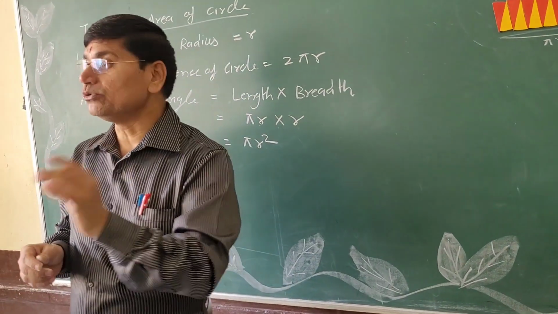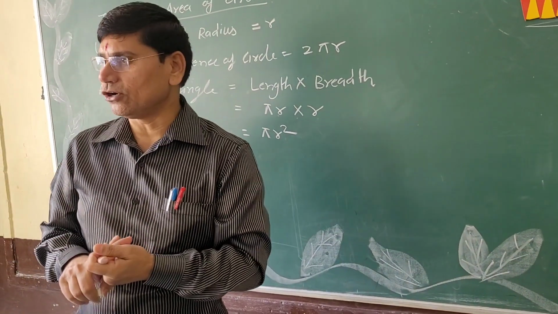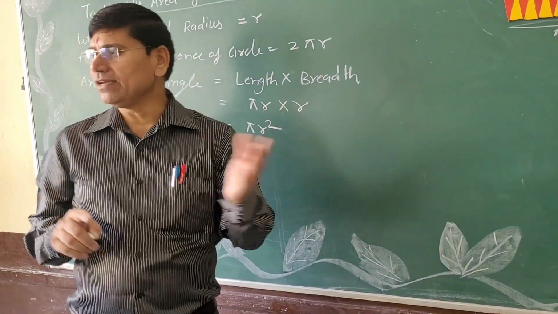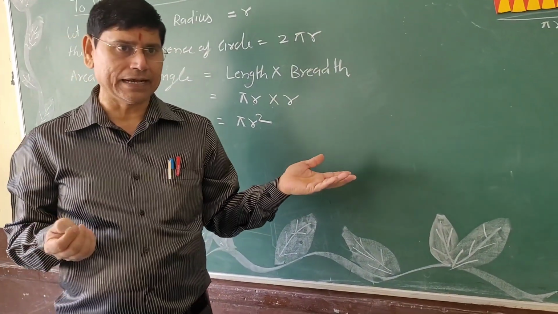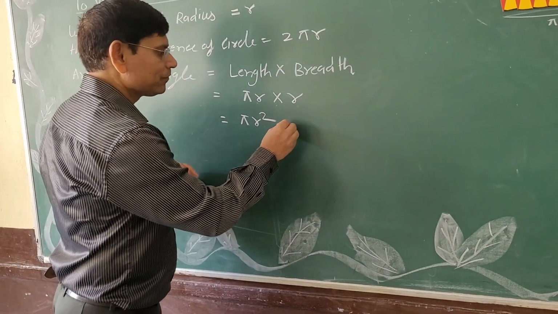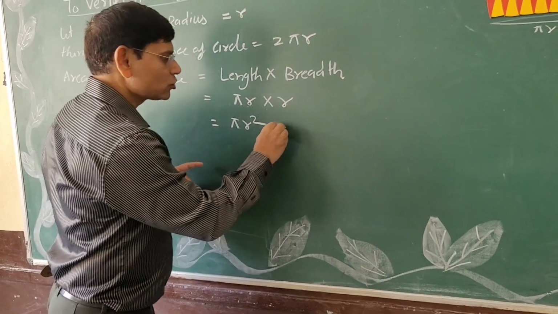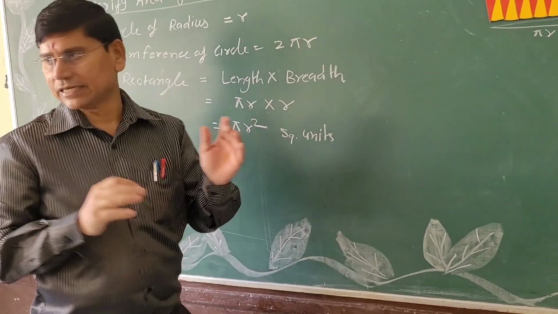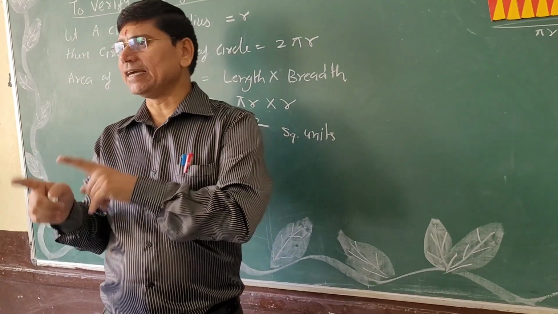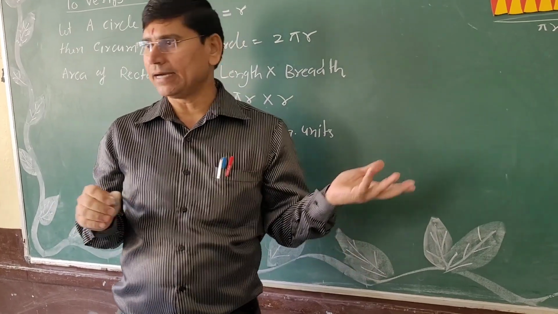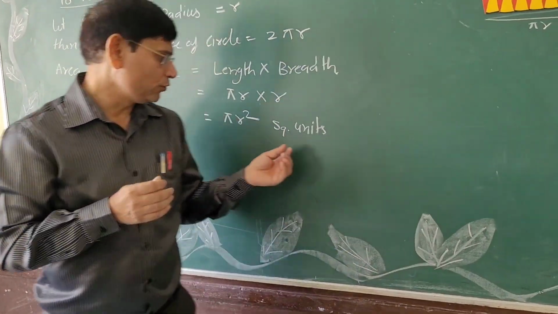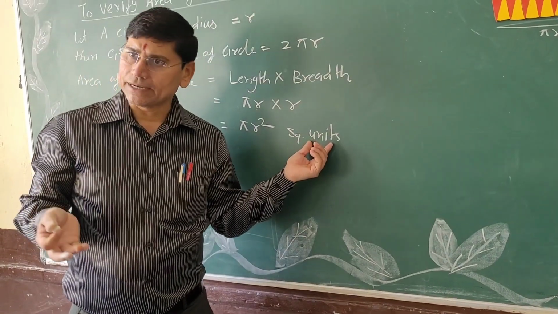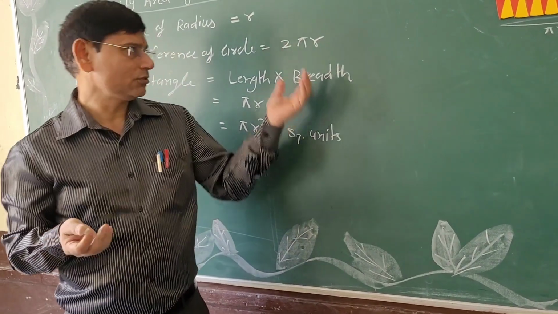And now this is the term for units. What is the unit of area? Area is not meter, centimeter, kilometer, decameter. So you will write for the area square units. But it is given in meter, centimeter, kilometer, decameter, hectometer, decimeter, everything. So you can write here square centimeter, square kilometer, square decameter, square hectometer.